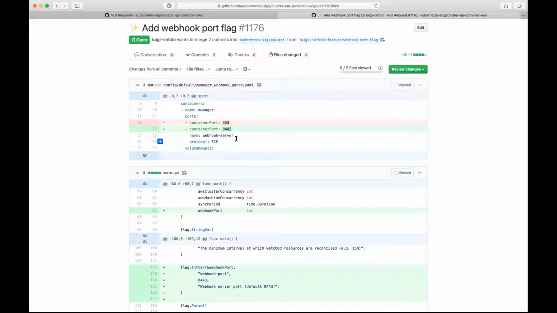I believe server backend ports can be referenced by name as well. So from the perspective of the service in what's on the screen, it would just be webhook server, and it may or may not need to know what port number it is. I think it does. So that's probably the benefit to leaving it there, so that we don't have to specify it in the service then. Yeah, I think it needs to get specified somewhere so that the Kubernetes service knows to map to a particular port in the container, whether it's in the service or here, right?